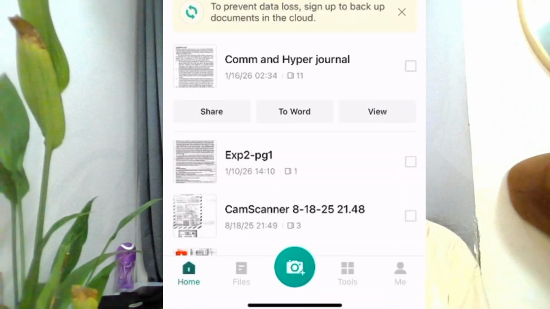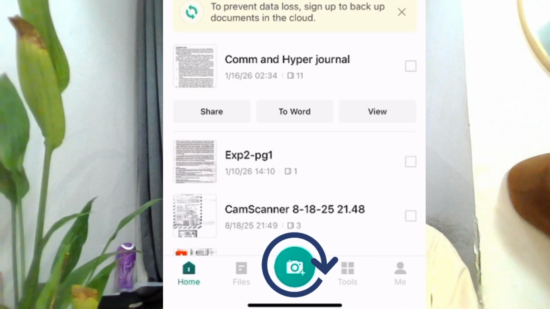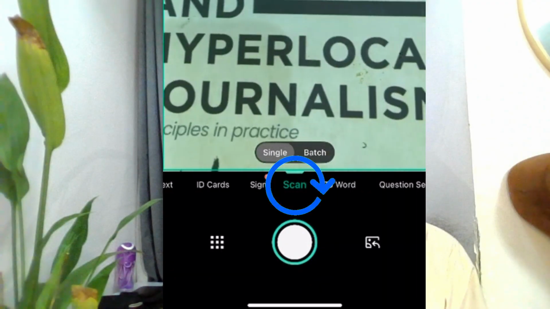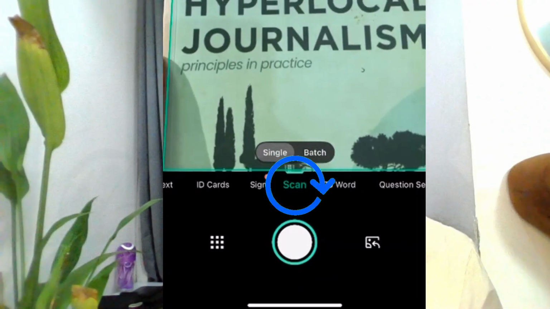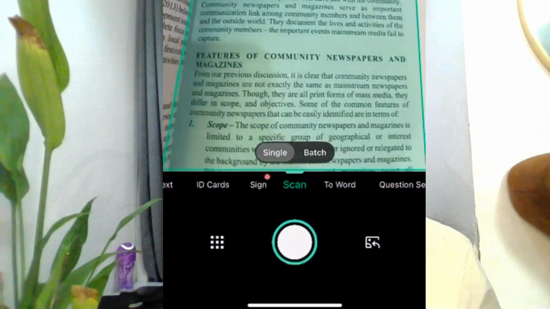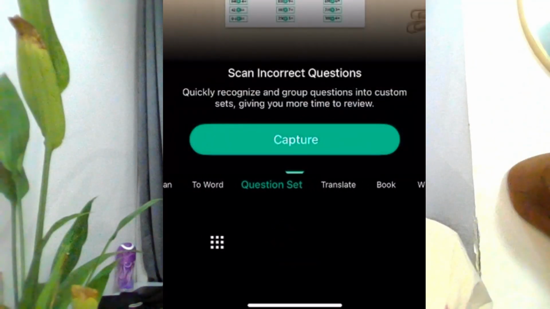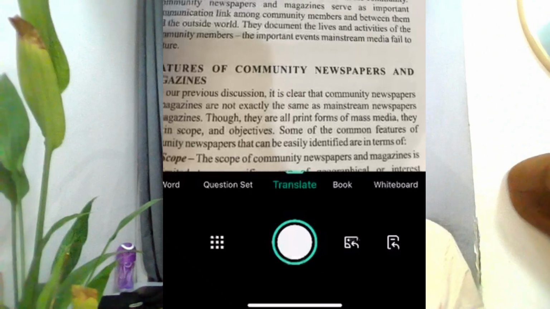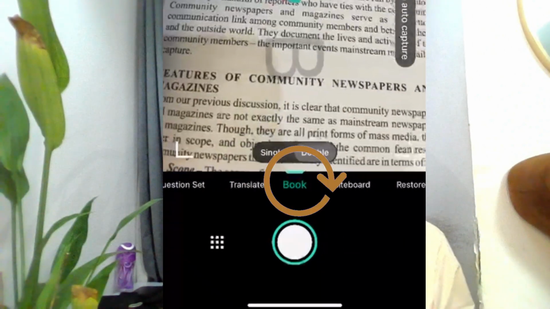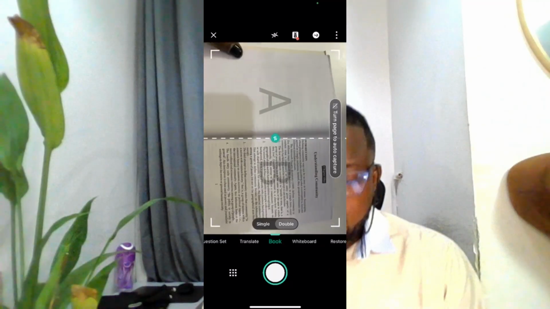All right, so let us assume we want to scan a whole book. So just look into the CamScanner and click on this part, that is the camera part in the center, and then you can see scan. This is the ordinary scan. If you are just scanning a page, it's easier for you to scan just a page. But if you don't want to do that, you can scroll to this other end where it says book, and then you can see where you can do this all at once and scan it like a book all at once. I'm going to be using the